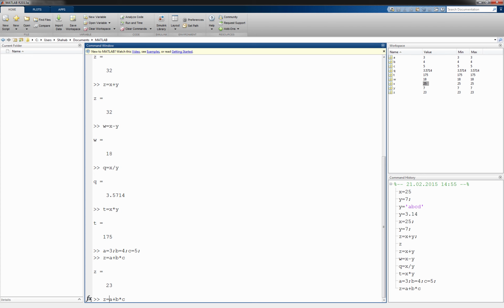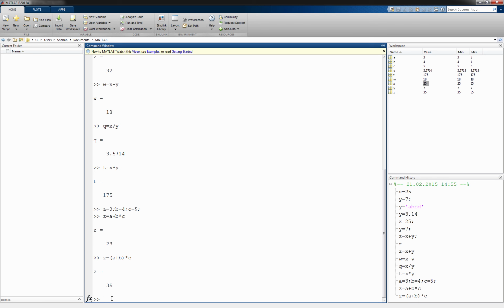In such a case, we have to put A plus B within parentheses, which I do, and then we press enter, and this time A will be added to B, which means 7, multiplied by C, which is 35. So parentheses are very important, and they play a very important role. Whatever happens in the parentheses has a higher priority than the things outside these parentheses.